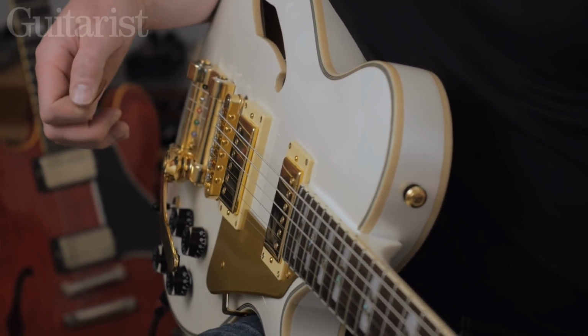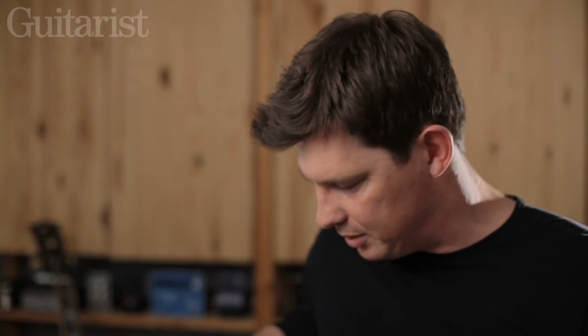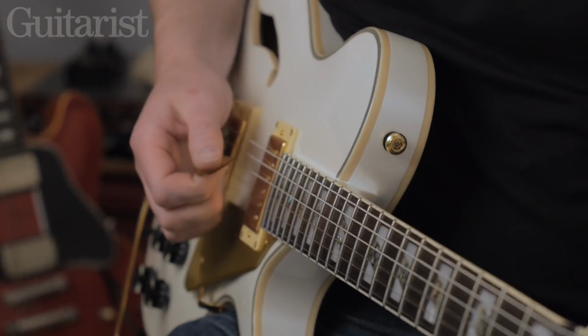Well, it's interesting because of the slight Gretschy type influences. It all of a sudden brings to mind rock and roll, but also how that developed through guys like Billy Duffy into the more rock world. But it's got a Bigsby, so you want to just...